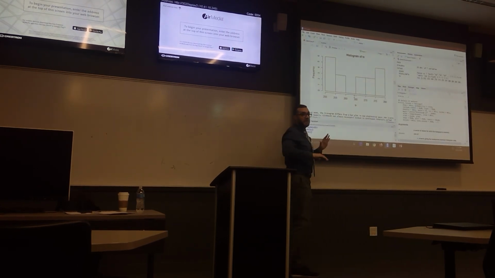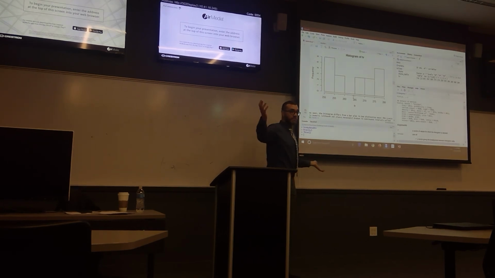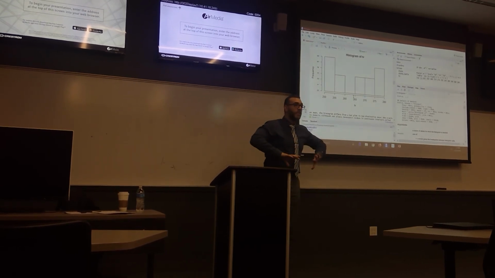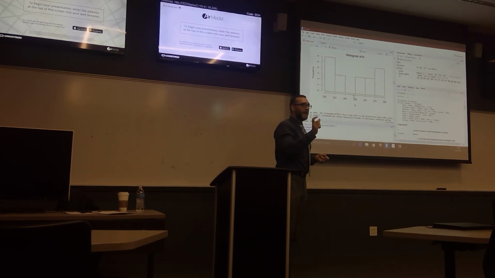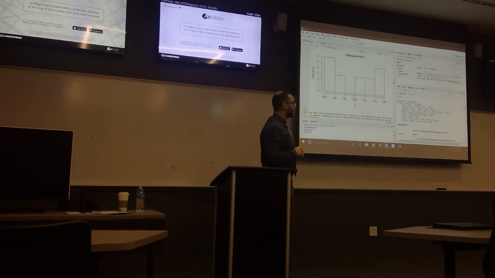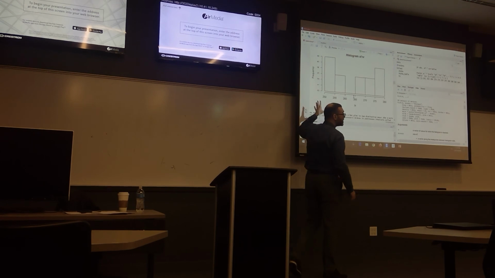If you give R a different column or a different variable with different results, it might end up with more bins or fewer bins. So it decides on the best number and length of each bin based on the values of the variable, but you can also specify the length of each bin yourself. If you don't like that, I'll show you how you can do it. But the point of the histogram is I'm getting frequency for the value of TV spend, but without using any kind of category. That's how I use it.